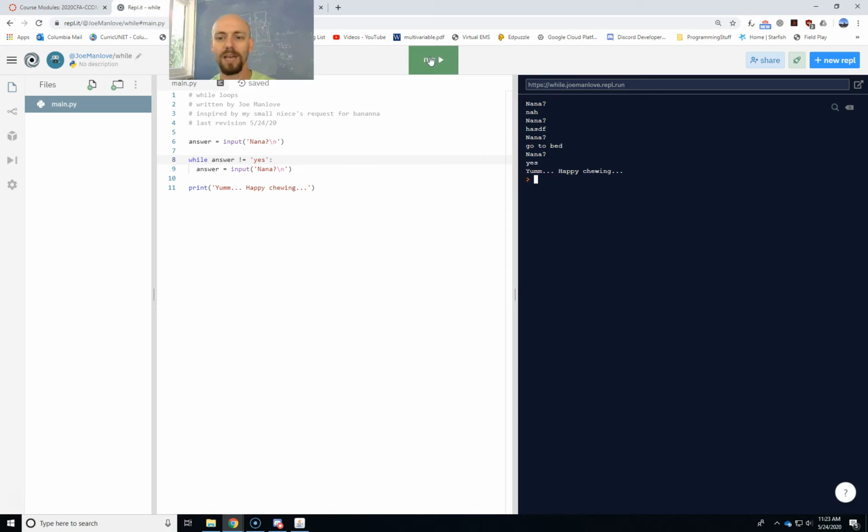And if I type yes, then she gets a Nana, and then the program ends for at least a little while, right? So this is a good way to just keep trying something. So if you want to validate user input, but you want to get out of that in some way, then you'll need what's called a break. So if we want to get out of this, if I say something like, if answer is